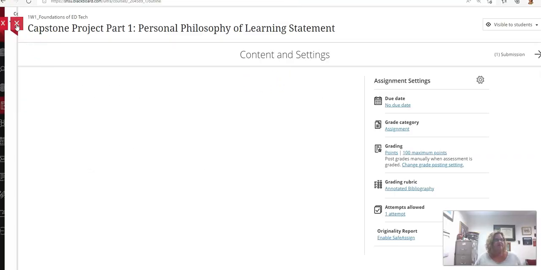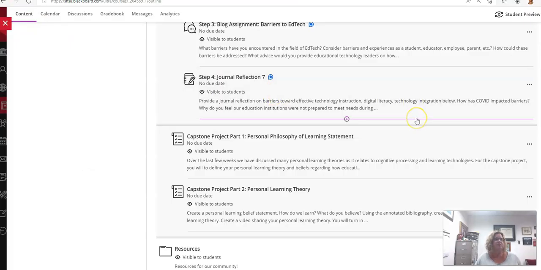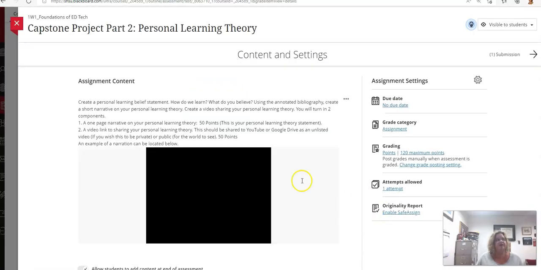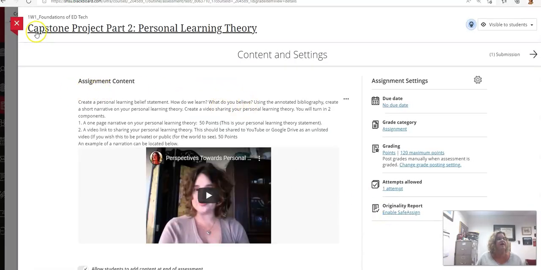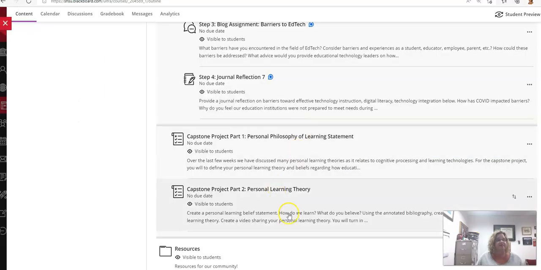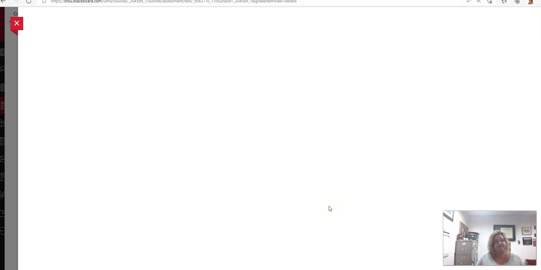I had to do a similar project when I was in graduate school, and honestly, it helped me shape my beliefs in how we learn. And that's what I'm wanting you to do. I want this course outcome where you have a belief. You've developed a belief statement on how we learn using technology. We're not going to always agree. And so at the end of this, you're going to create a belief statement.